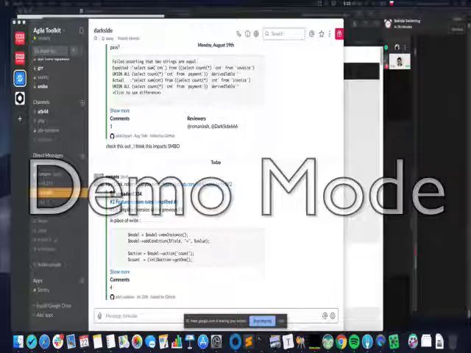Edit, copy, settings. Nothing. Okay, let's see here. A project here. Yeah, here we have settings.